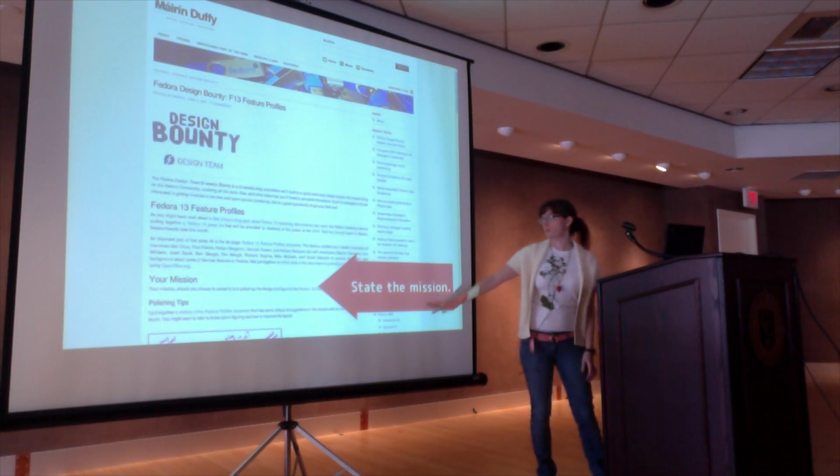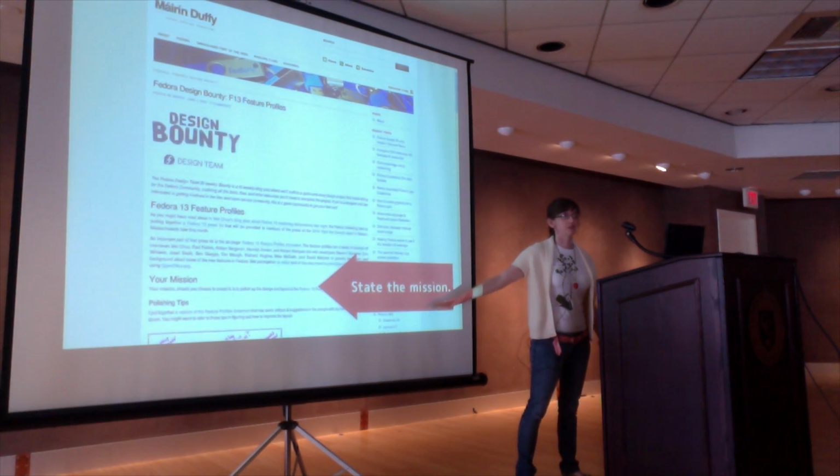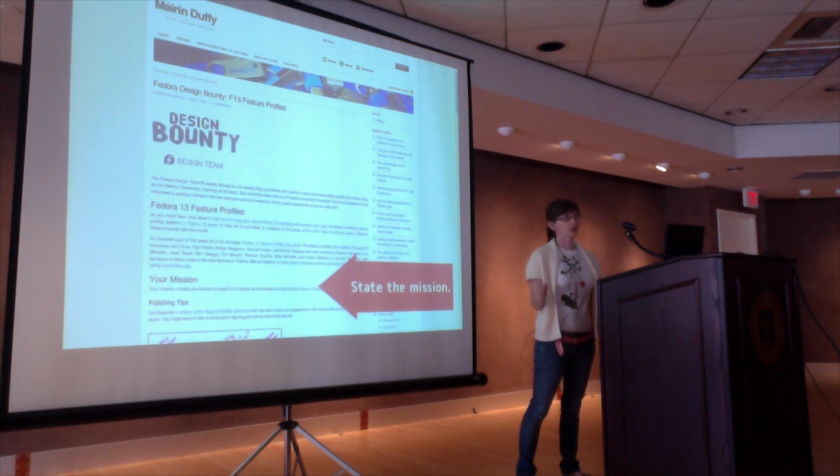So then you have to specifically, and I don't know if you can see it because of where it is on the screen, state the mission that they have. This is what I want you to do, exactly, concisely and shortly, so they know very clearly what their line of responsibility is and what they have been empowered to do.